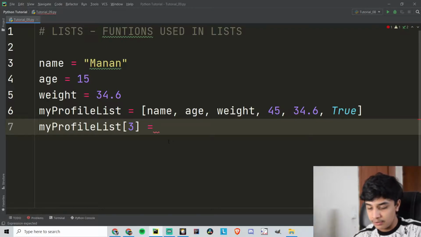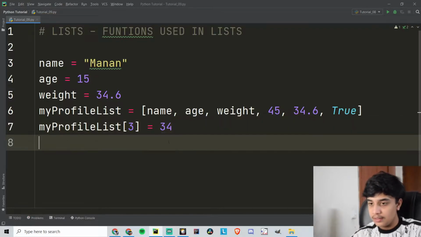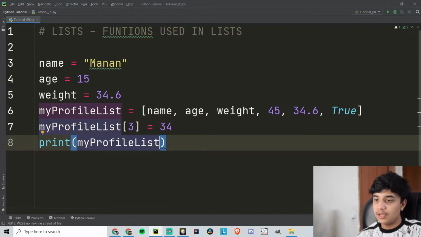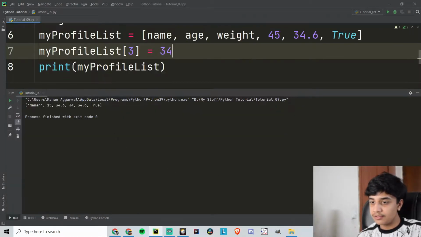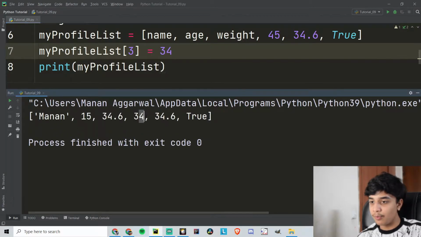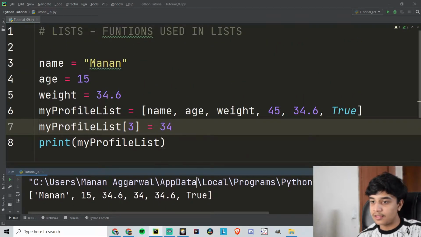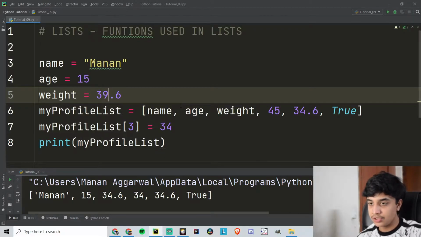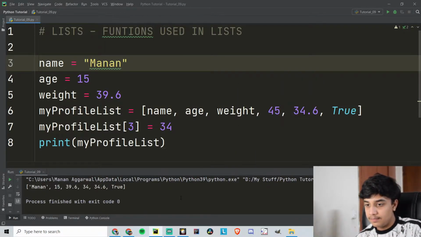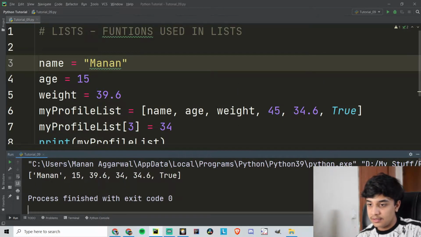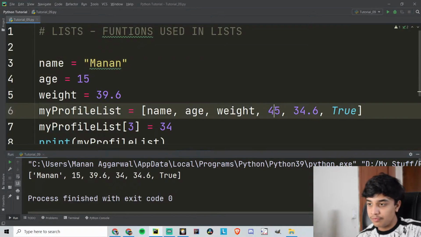Let's say I want to make it 34, and if I print my profile list, then instead of 45 it will print 34. My weight and everything is the same. Let's run this again, and see, now this value of 45 is changed.